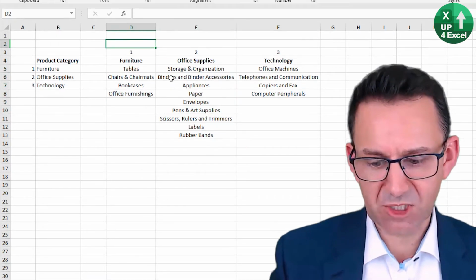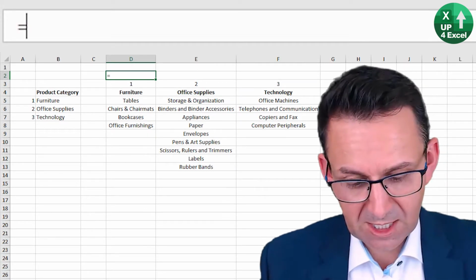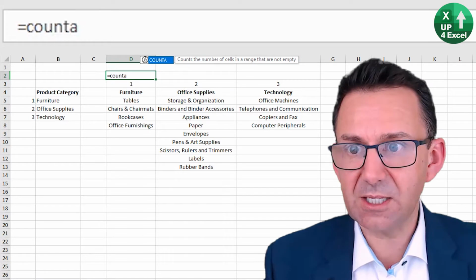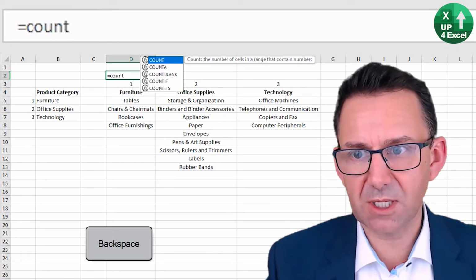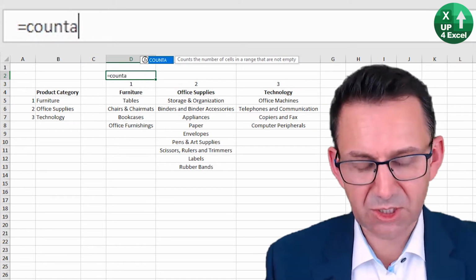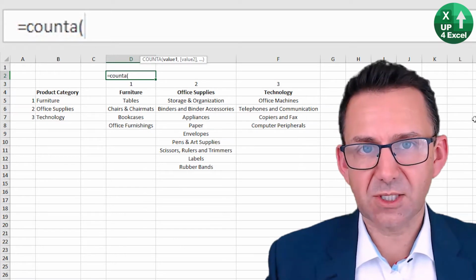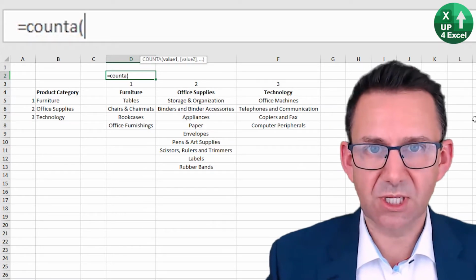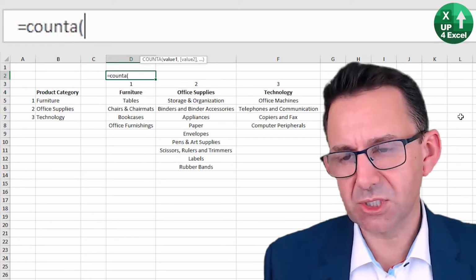Now you could just type this in, but I'm going to put in a count formula. CountA we're going to use. Now the reason we use it, you can see there's various types of count here that come up, but CountA is being used because it allows us to count anything at all that's in the cell. Count would just count numbers, and these clearly aren't numbers. So